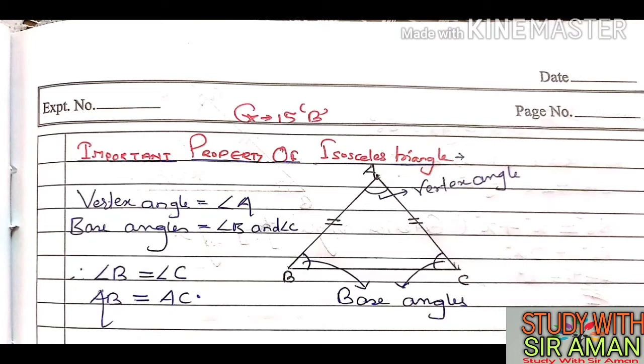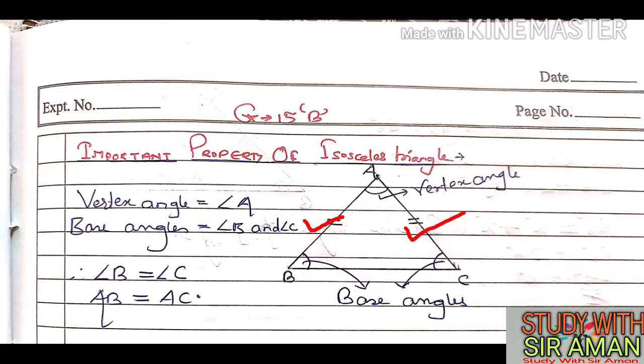One more thing I would like to tell you, if you understand this property, then you can solve the exercise by yourself, because by using this property only we will solve the full exercise. Along with this property you will use the angle sum property, which we have discussed earlier. Along with this you will use the property of parallel lines. That is the reason I have told you to revise the geometry. Many of you are not understanding because you are not focusing on the concept, you are just solving the question. If you understand this property, then very easily you can solve.